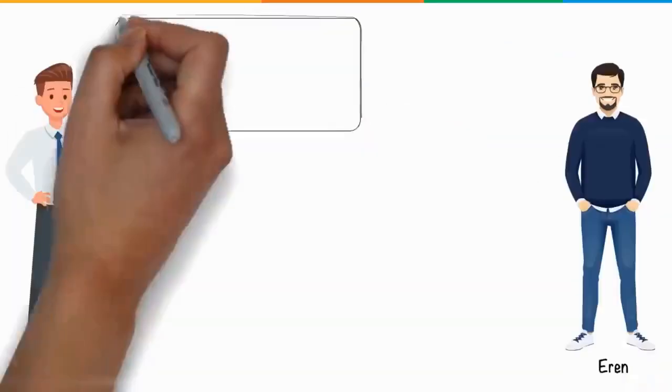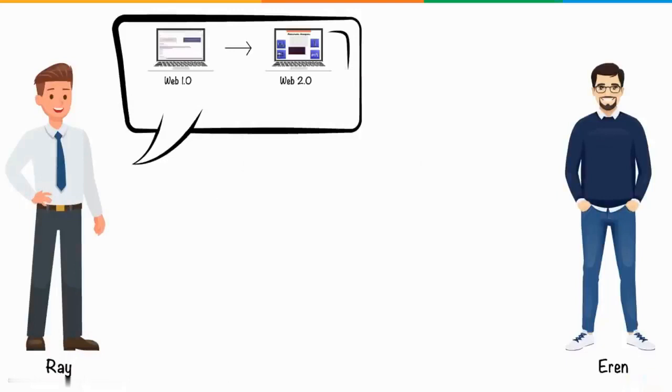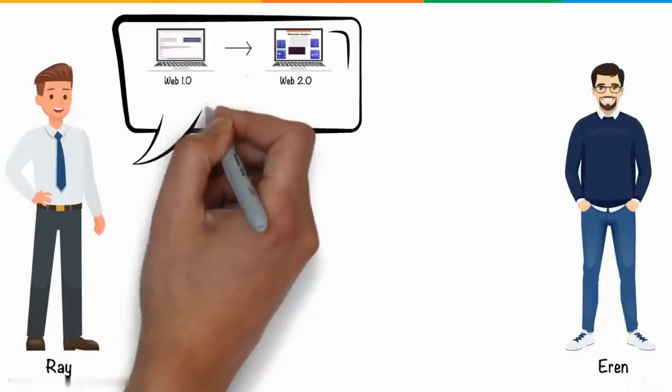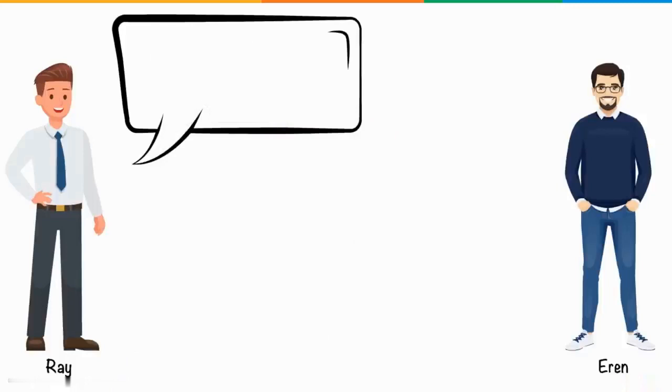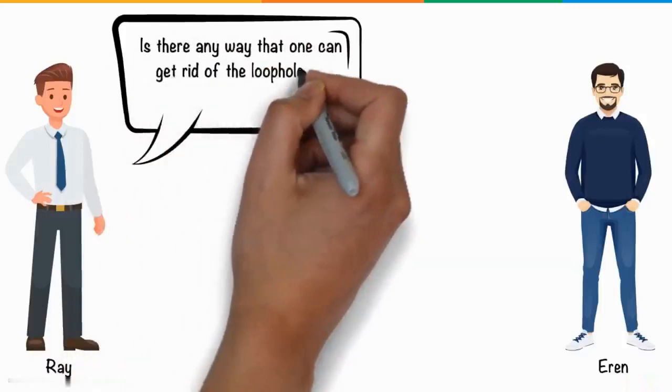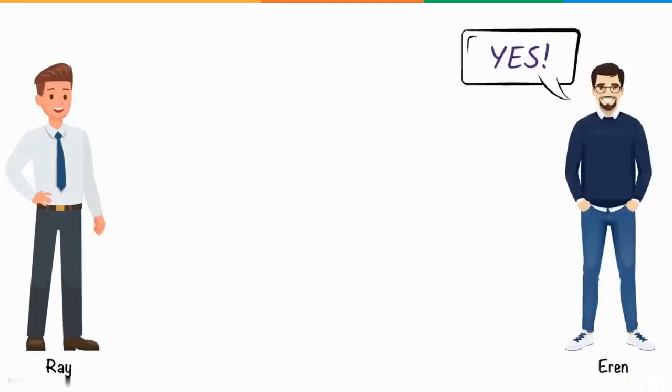Ray was fascinated by how the internet has evolved and how amazingly it works. But at the same time, he was concerned about the lack of privacy offered by it. Ray, out of his concern, asked Aaron, is there any way that one can get rid of the loopholes of the current Web 2.0? Aaron answered yes, there are a lot of ways to do that, using Tor browser,